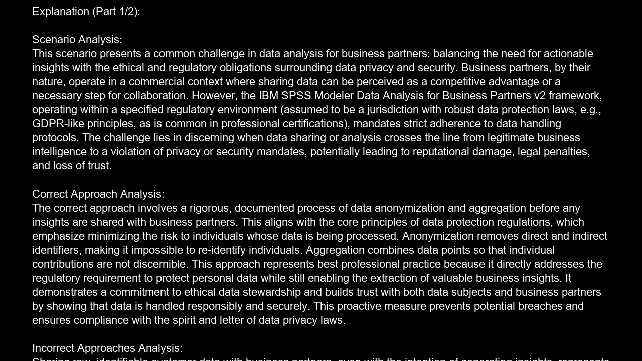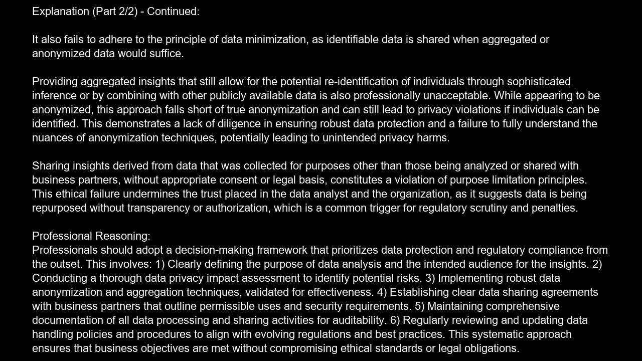Incorrect approaches analysis. Sharing raw, identifiable customer data with business partners, even with the intention of generating insights, represents a significant regulatory and ethical failure. This approach directly violates data privacy principles by exposing individuals' personal information without explicit consent for such sharing, leading to potential breaches of confidentiality and unauthorized use. It also fails to adhere to the principle of data minimization, as identifiable data is shared when aggregated or anonymized